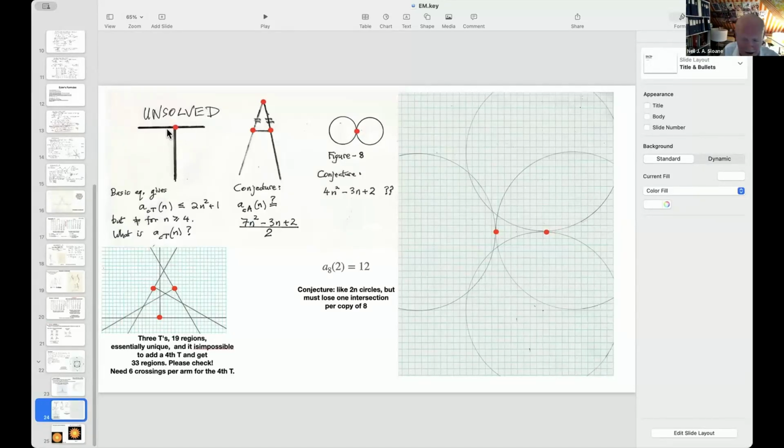What if you have a constrained T? A constrained T is a line, the bar, a crossbar, and a stem. And the bound, our theorem says the upper bound of the number is 2n squared plus 1. And you can achieve it for 3 T's. Here's 3 T's. But having done that, I believe there's no way to add a 4th T. And furthermore, this is unique. So here's an example where our bound can't be achieved. It can't be achieved for n bigger than or equal to 4, and I don't know what the exact answer is. Another interesting example is a constrained A, where you make the crossbar horizontal,